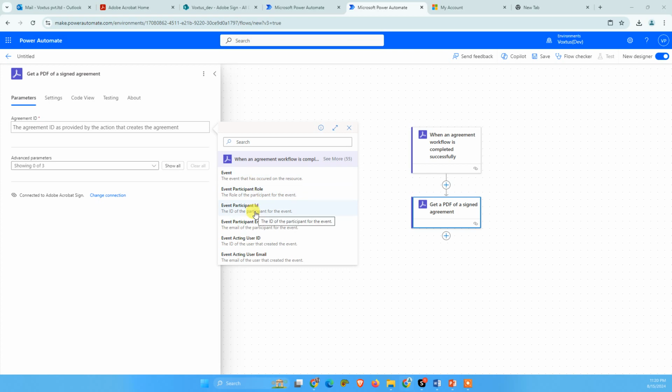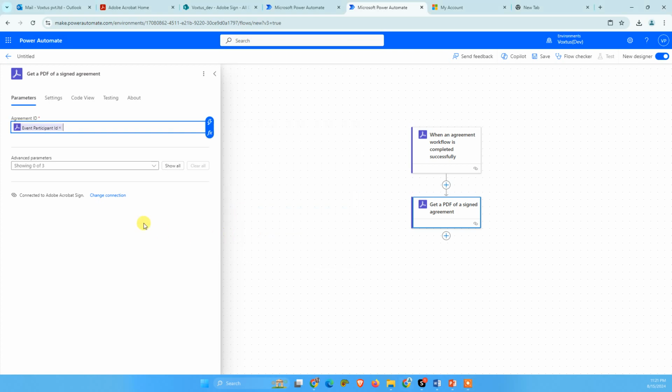Event participate. So I guess this is going to be the ID of the event, the ID of the user, the ID of the participant for the event, and the user that created the event. Let's use this one first. Okay, and then I'm going to create